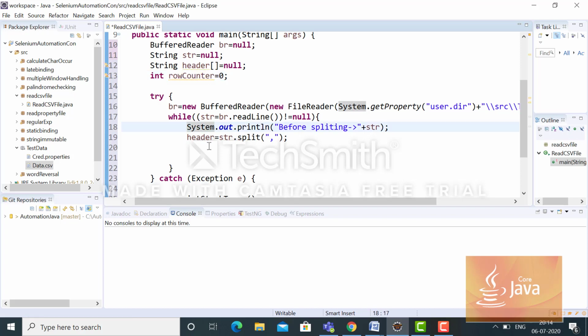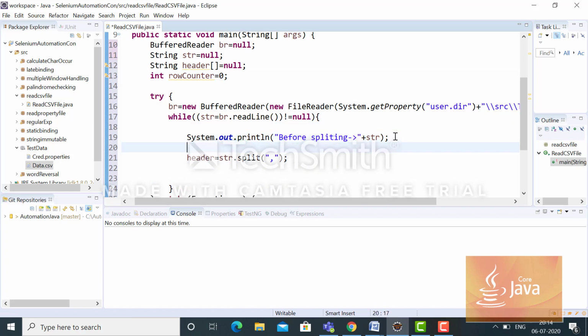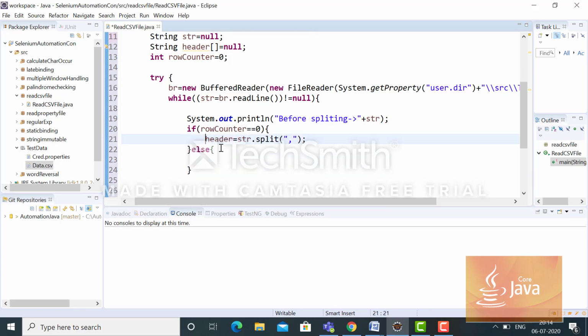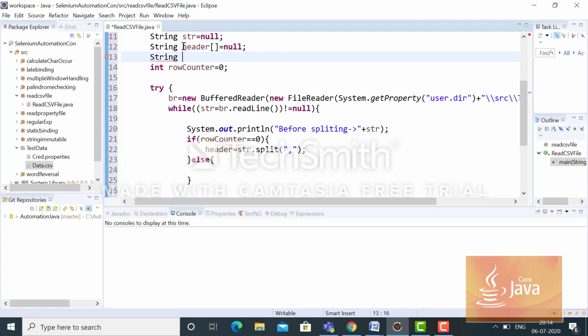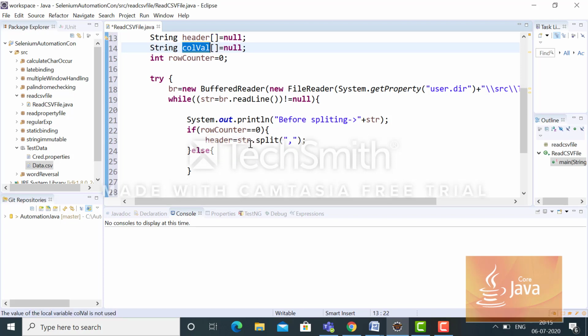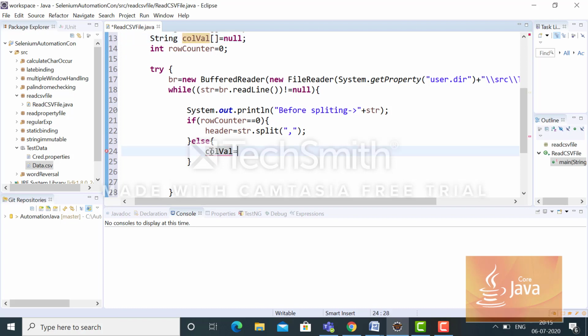Now I will check over here: if row counter equals 0, then it will store over here, else here I will take one more array to retrieve my row data, the column values. I'm initializing it to null. The string will be the same, and next time also it will be stored here.